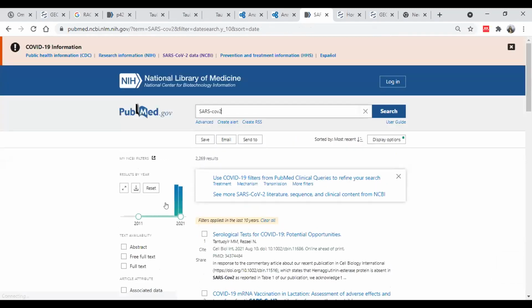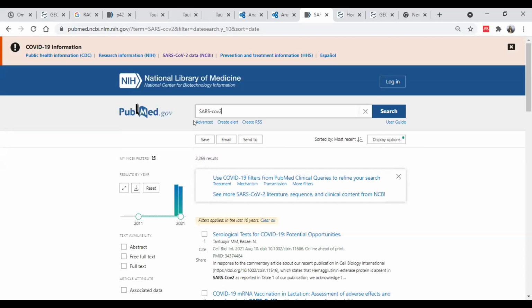So for example, if we just use one keyword, that is SARS-CoV-2, we get nearly 2,200 publications, because SARS-CoV-2 is a very recent one. But many a times when your question is related to some very old disease condition or any very old research area, you will get thousands or lakhs of results. So it is not possible to go through each and every publication to understand what is already done. So what should be the right approach to design the research question as well as to do proper literature review?